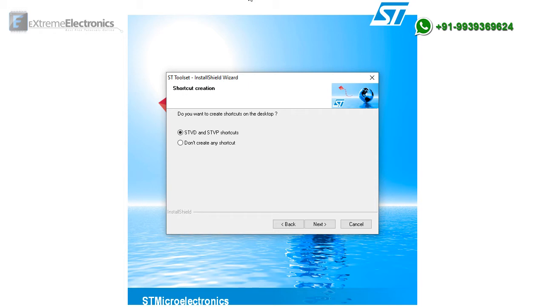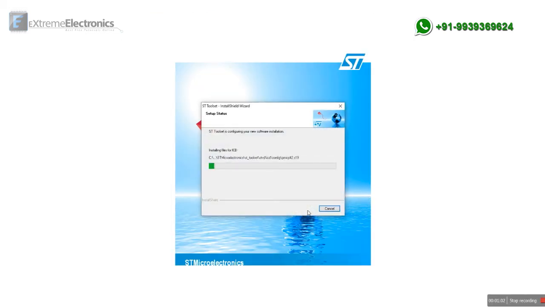And here it is asking if you want to create the shortcuts on the desktop or not. It is highly recommended to create the shortcut so that you can easily find your new software and launch it. And now the installer is copying the new files.